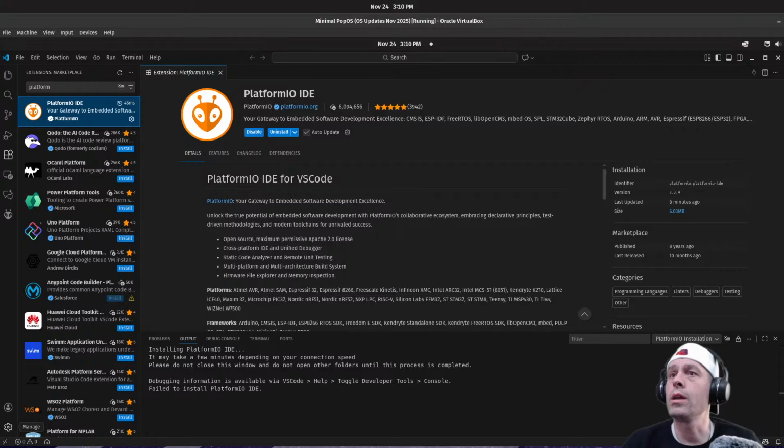Okay, and hopefully you can't hear my computer that is probably sounding like a 747 about to take off, because I am running this in a VirtualBox. I refuse to install any of this garbage on my local machine, which is probably easy to clean up, it's just going to put it in a .platformio folder. But I'm doing it within the virtual machine so that I know I have a completely clean environment, because I'm going to be doing a bunch of stuff here.